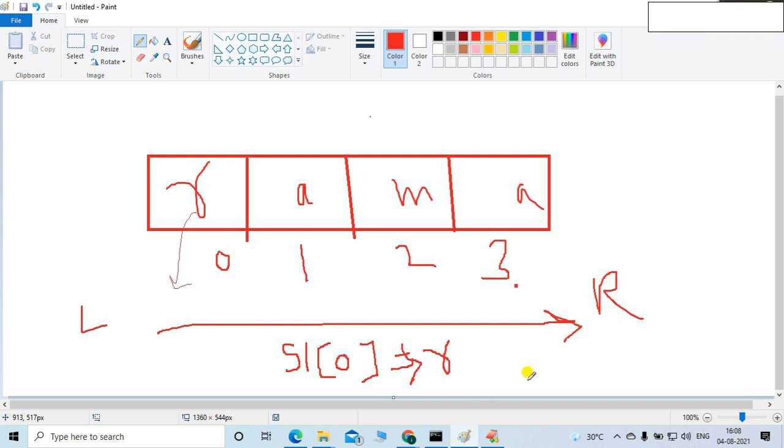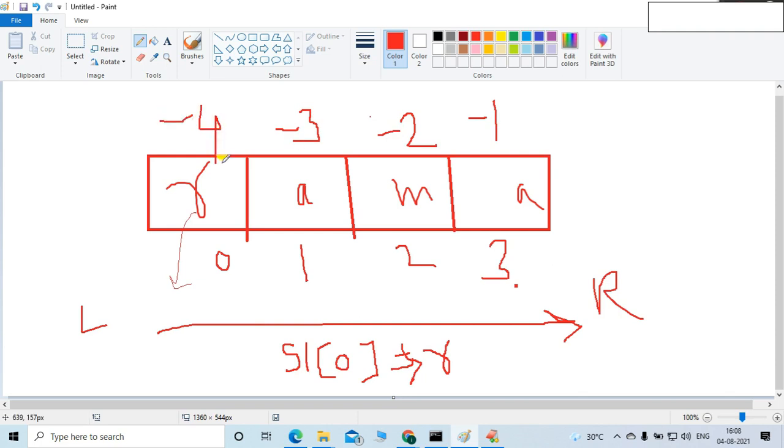In the Python language, negative indexing is also possible, which is not possible in Java, C, and those languages. It is new and present in Python. So in negative indexing, for the last letter I am going to assign -1, this is -2, this is -3, friends, and this is -4.